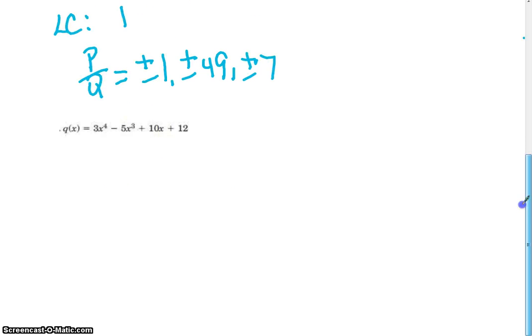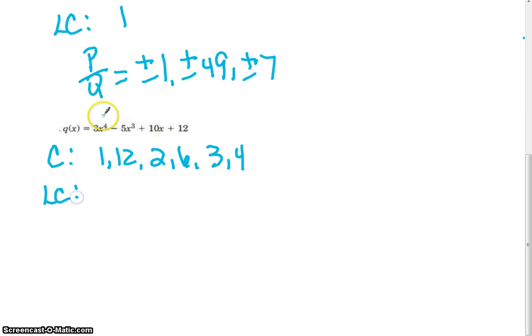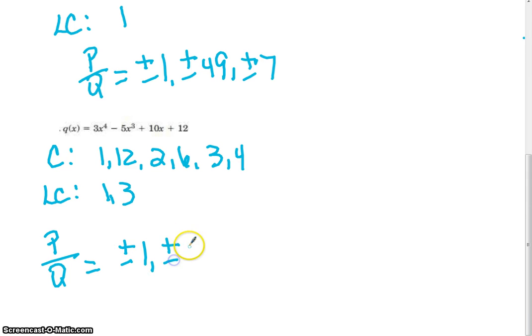Remember as we get to the next one that if you have repeats, you do not write them. So our constant is 12, and so we have 1 and 12, 2 and 6, 3 and 4. Our leading coefficient is 3, so we have 1 and 3. So P over Q could be plus or minus 1, plus or minus 1/3, plus or minus 12, plus or